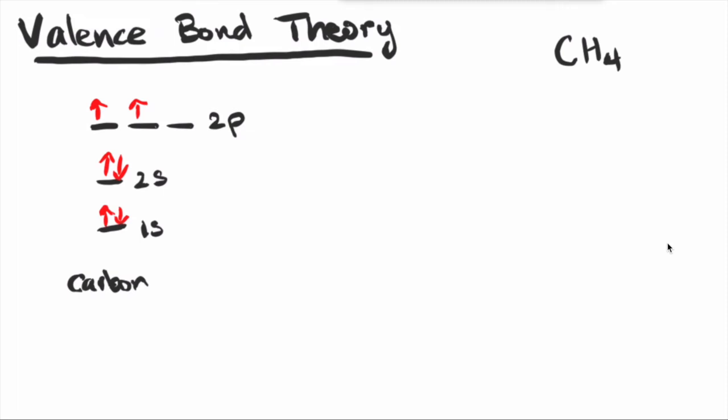What we can do is excite one of the electrons in the 2s orbital and promote it to the 2p orbital. Now we have 4 single electrons that can each individually overlap with the 1s electron from hydrogen, forming those 4 bonds. But remember that the 2p orbitals have directions in x, y, and z, and they're all orthogonal to each other, 90 degrees from each other, which doesn't mirror reality. So instead of this, what we need to do is to hybridize these orbitals.